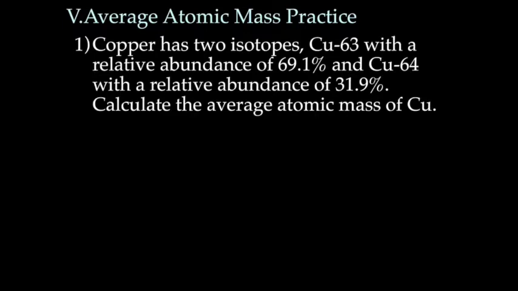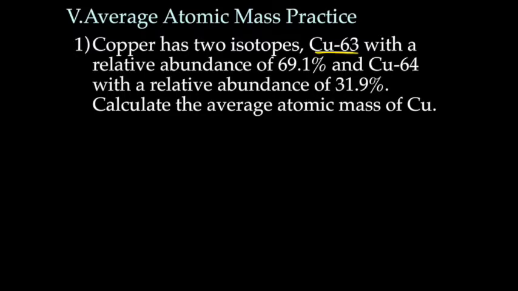So our question says, copper has 2 isotopes, copper 63 with a relative abundance of 69.1% and copper 64 with a relative abundance of 31.9%. Calculate the average atomic mass of copper. Okay, so what this is saying is that there are 2 types of copper in the world. There's copper 63,